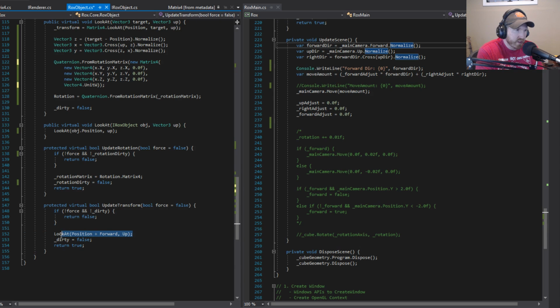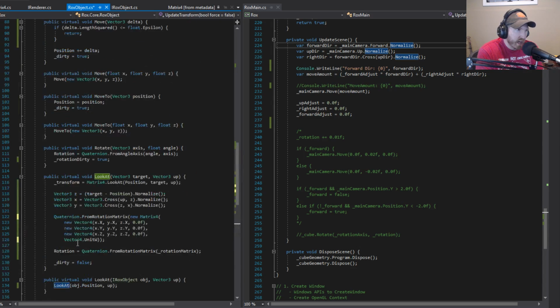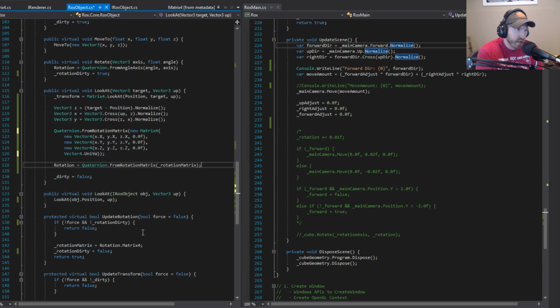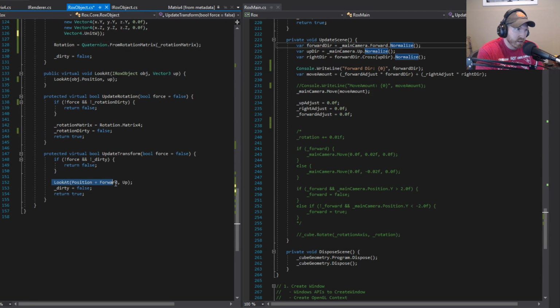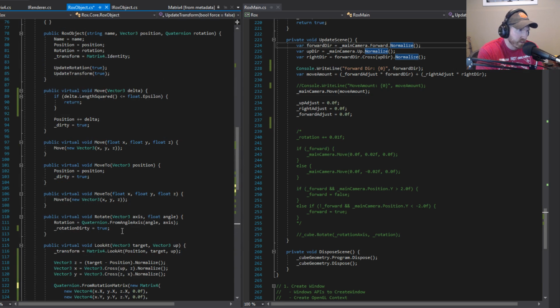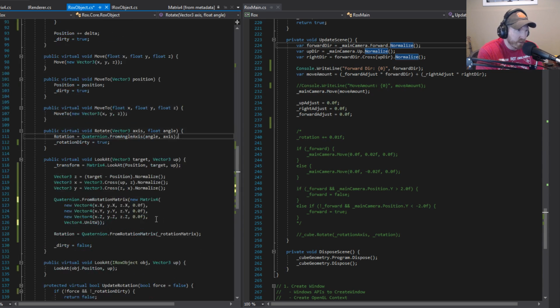But basically what I should be doing is probably not use this and just use my own rotation, and then have look at actually translate and move me. Hope that makes sense. Anyway, I'm doing a little bit of extra work, but